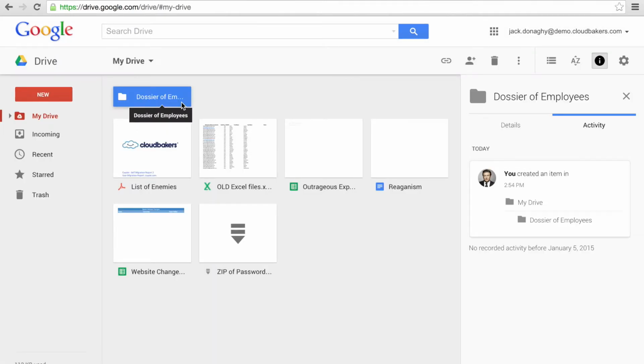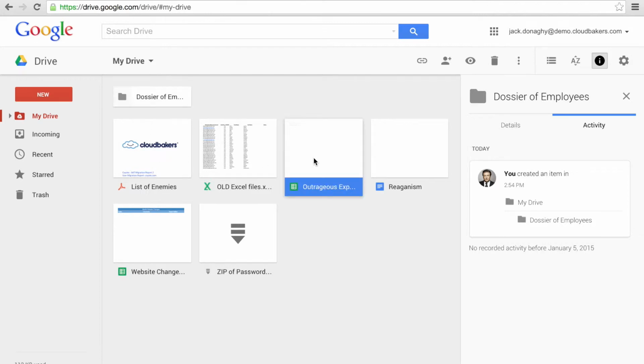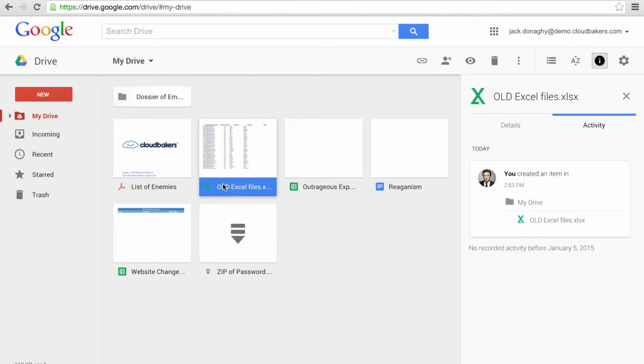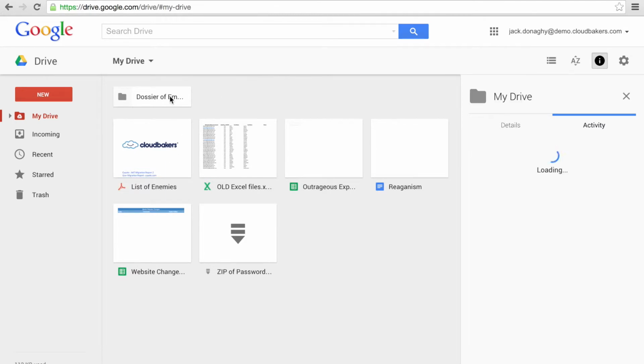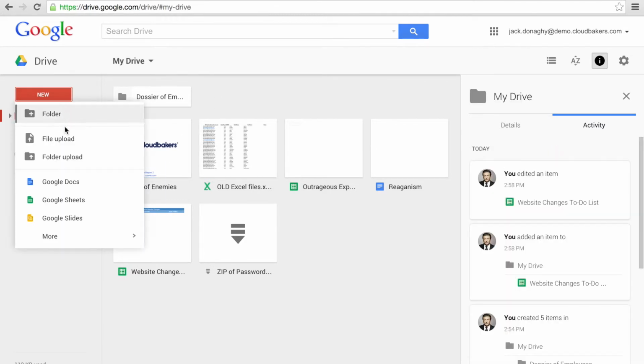As promised earlier in this session, I'm now going to cover Google Drive, your storage in the cloud. As you can see on my screen, Drive is composed of folders and a variety of files including Google native documents, as well as Microsoft Office files, PDFs, and even images. Google has come a long way even in the last year to make Drive as friendly as possible for every file type, so no matter what you're working with, you can always stay productive.